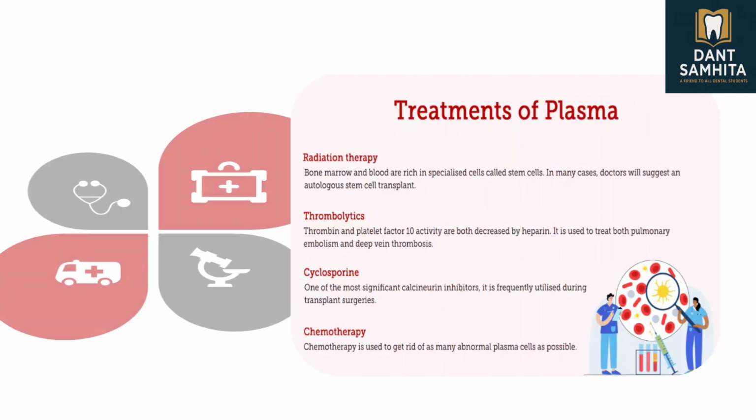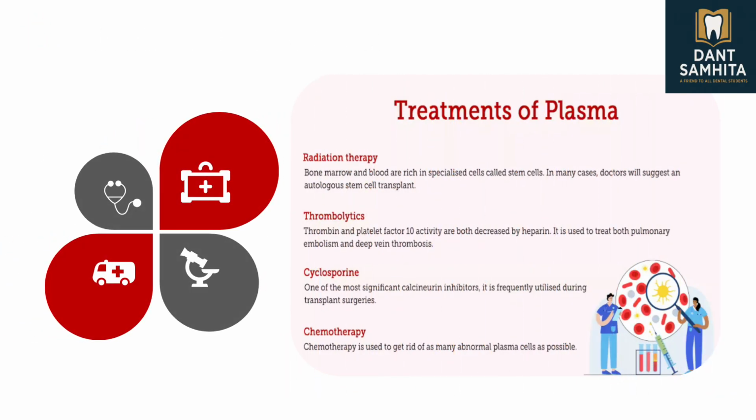So what are the treatments that can be given for these? Because these are mostly because of defects in the synthesis of the plasma proteins, or genetic problems. So you can go for radiation therapy, you can go for thrombolytics,